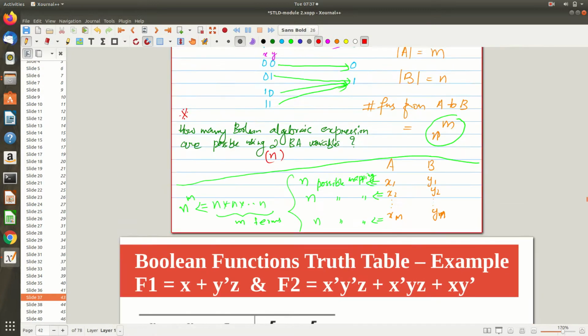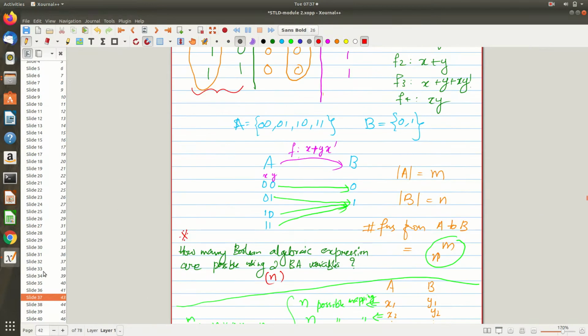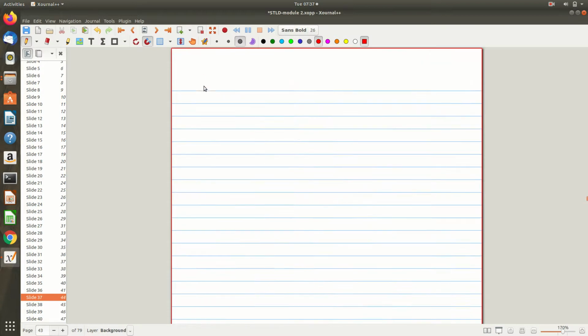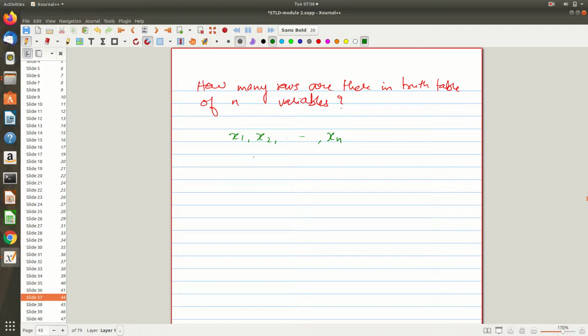So what is happening actually if I have n variables? Let me ask you a very nice question: how many rows are there in the truth table of n variables? You saw the same thing in propositional logic also. Let me denote the variables x1, x2, etc., xn. I have n variables. How many rows are there in the truth table?